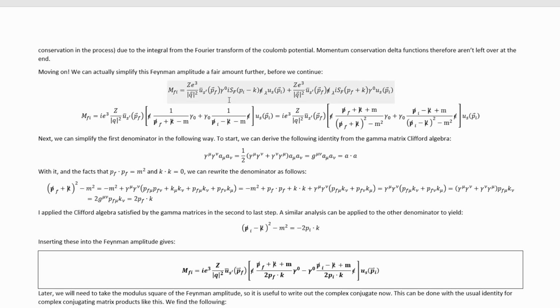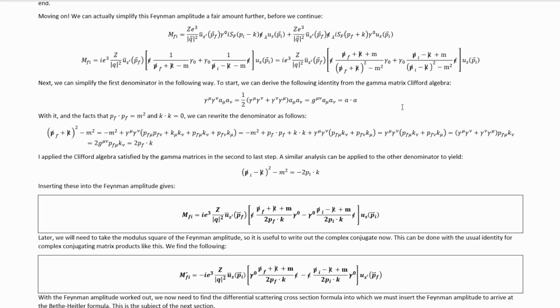That gets us from here to here, and then we can multiply and divide these fractions by factors that cause the denominators to be differences of squares, so we get to here. The first thing we can do in order to simplify these denominators down is to prove this identity, which is easy to do from the Clifford algebra satisfied by the gamma matrices, and that allows us to write some of the terms that we get when we multiply out this square there as dot products, and then we can remember what those dot products have to equal just from the properties of four-momentum vectors,